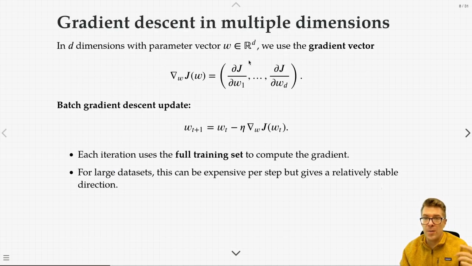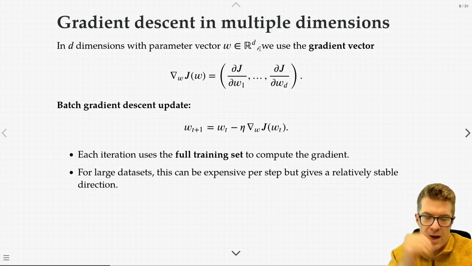This generalizes to multiple dimensions. So usually we don't have this one number that we're trying to optimize, but we have a set of numbers. The set of numbers can be represented as a vector, w. This is a d-dimensional vector. So each of the weights will be a real valued number, and we'll have d of them. The same concept applies, instead of saying j prime or j apostrophe, meaning the derivative at that particular point,